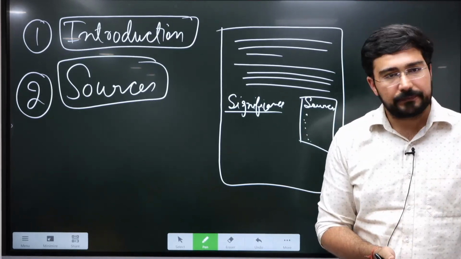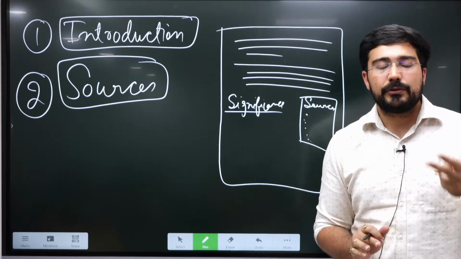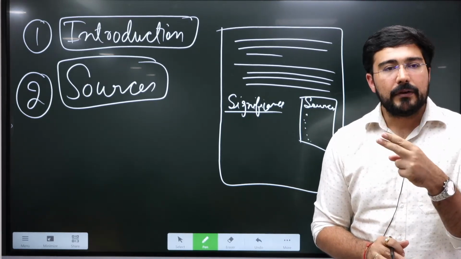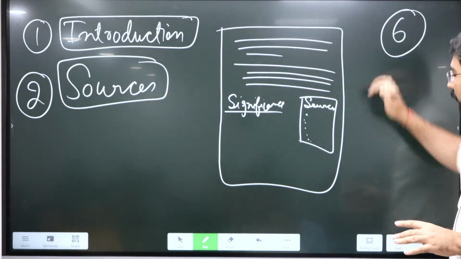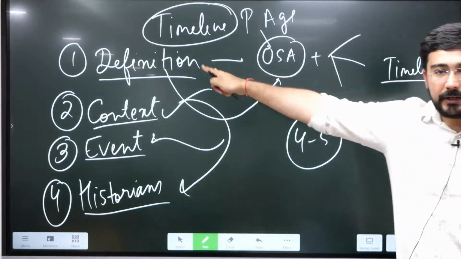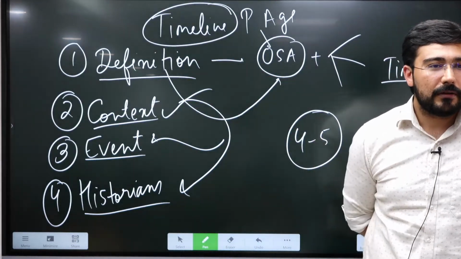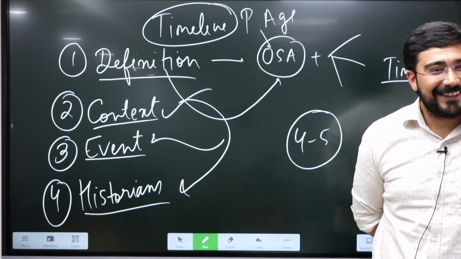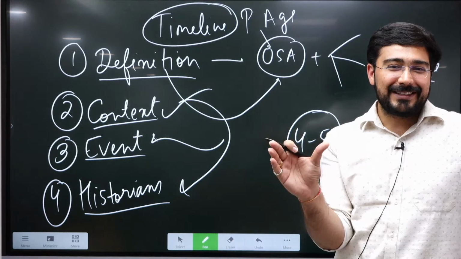Only 6. First question is math, 50 marks gone. At max you can do 2 more questions and they have 3 subparts, so maximum how many questions can we do? 6. If you are writing this definition and timeline based introduction for all 6 of them, what will it look like? बेवकूफ समझाएगा हर किसी के लिए। अशोका आया, अशोका ruled from this to this,